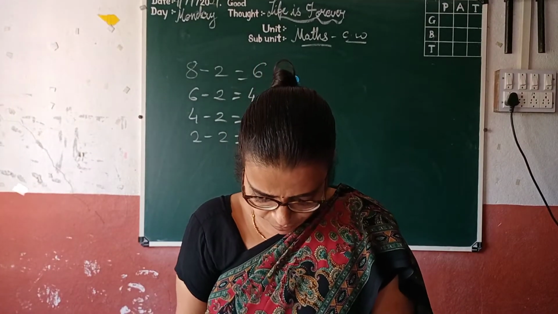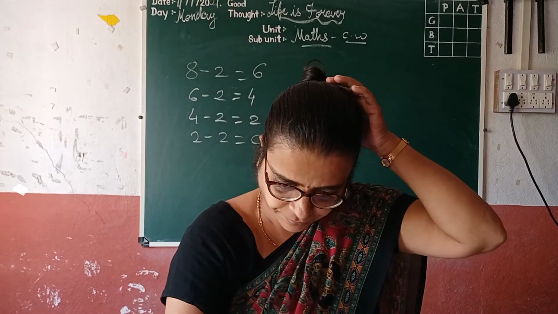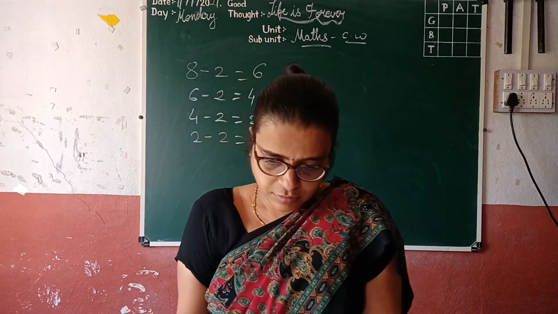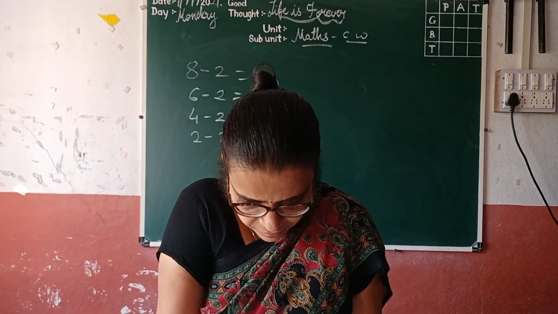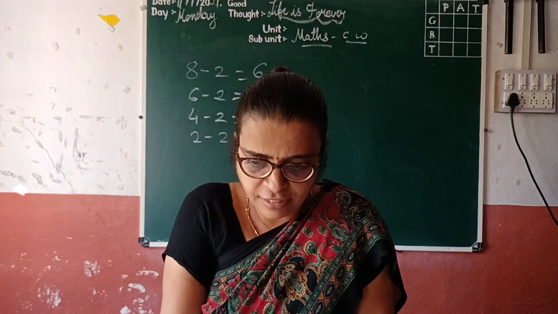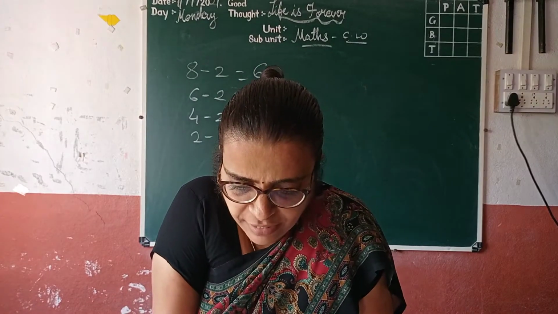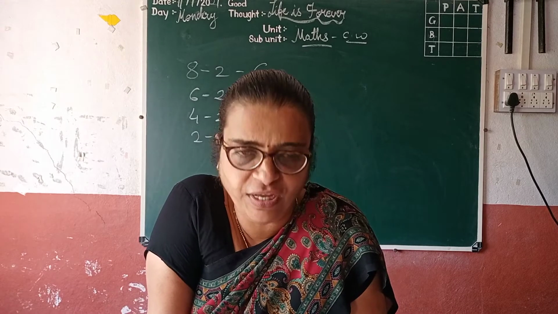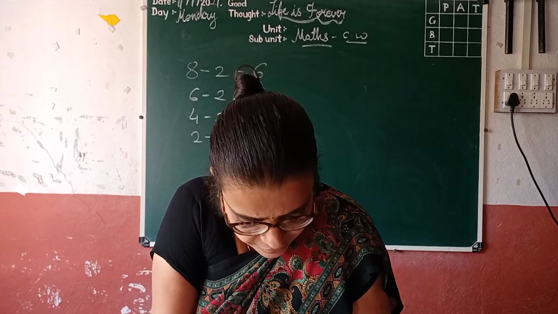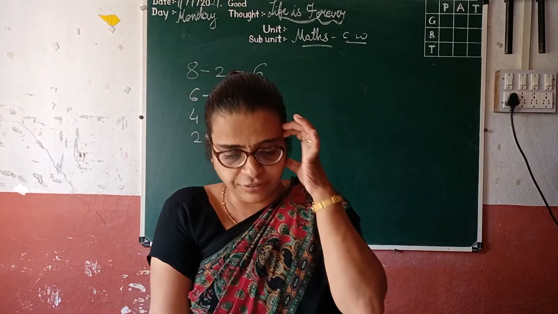So look here students, now I am going to take the division. I am giving an example here. There were 12 children with a teacher. She said to them, let us play the game of making groups. You must make a group of as many children as the number I show. For example, here it is given: 12 flowers shared equally among the 4 children.